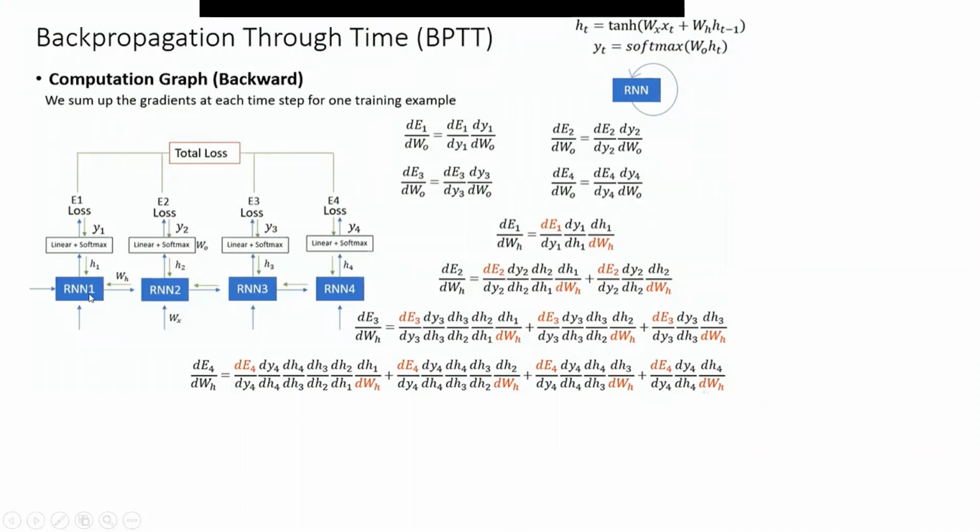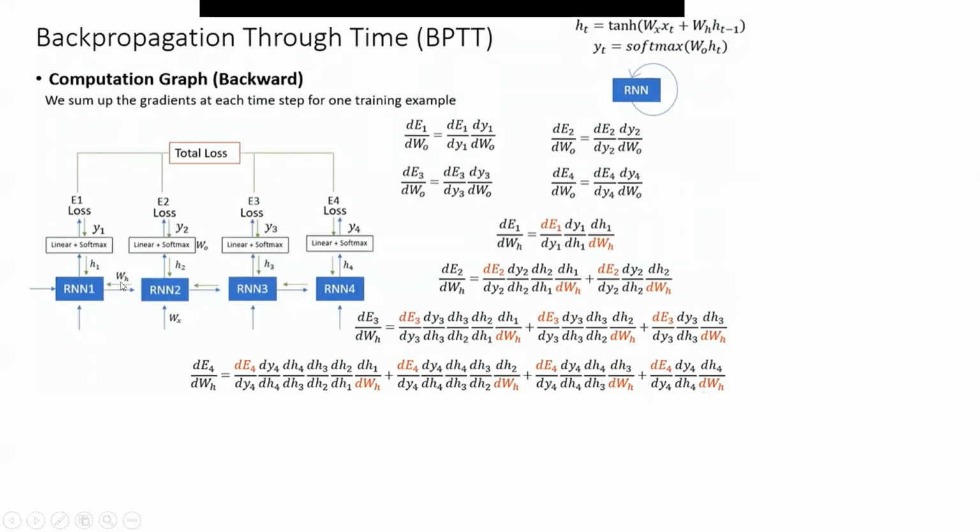As we have already studied, this is an RNN network and we receive the input. When the output is received through this particular hidden neuron, the loss is generated, and before the loss is generated, it is passed through the linear layer with a softmax function. Similarly, for the second timestamp, which we call RNN2, the third timestamp, and the fourth timestamp, the weights of this RNN layer across all the other neurons would be the same.